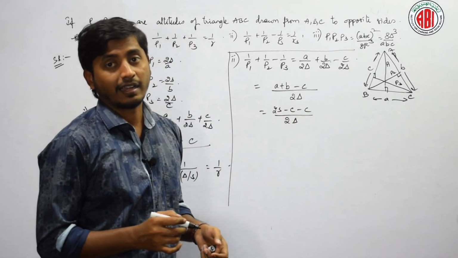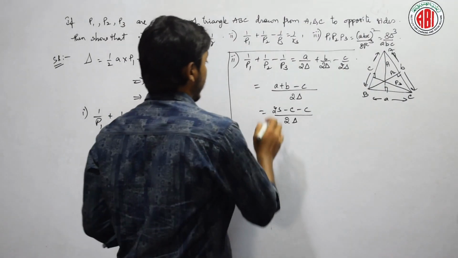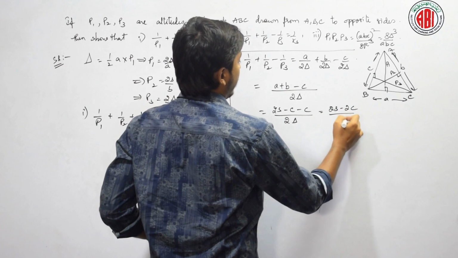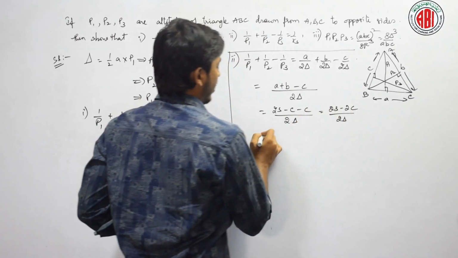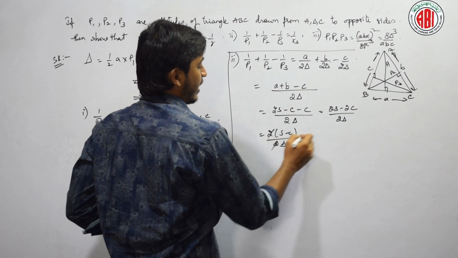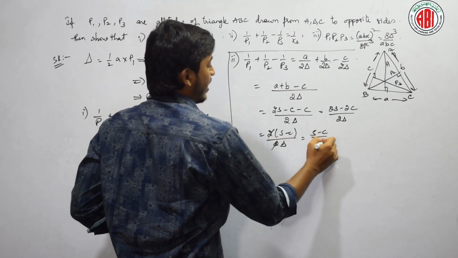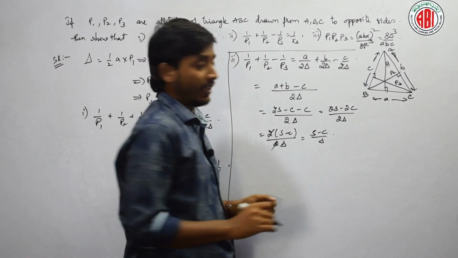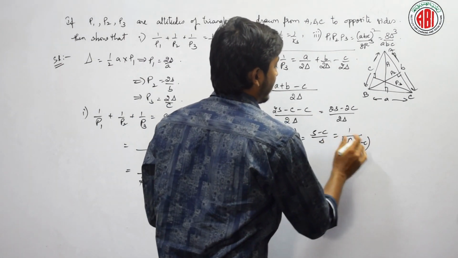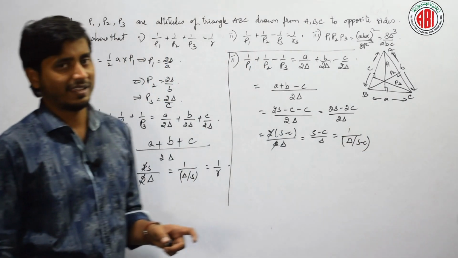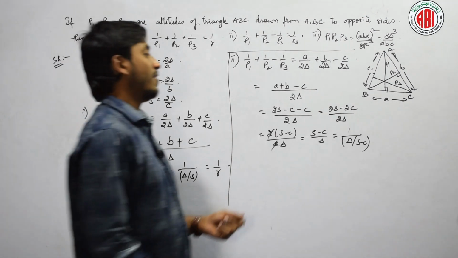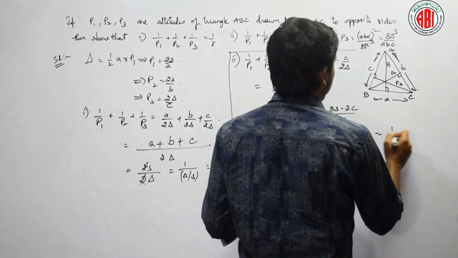I can write it like that, right? I can write this as 2S minus 2C divided by 2 delta. Can I take 2 common here? That will become S minus C by 2 delta. The 2 will get cancelled. I will get S minus C by delta, that is 1 by delta by S minus C. Do I have any formula of delta by S minus C? Delta by S is r. Delta by S minus C is r3. That is equal to 1 by